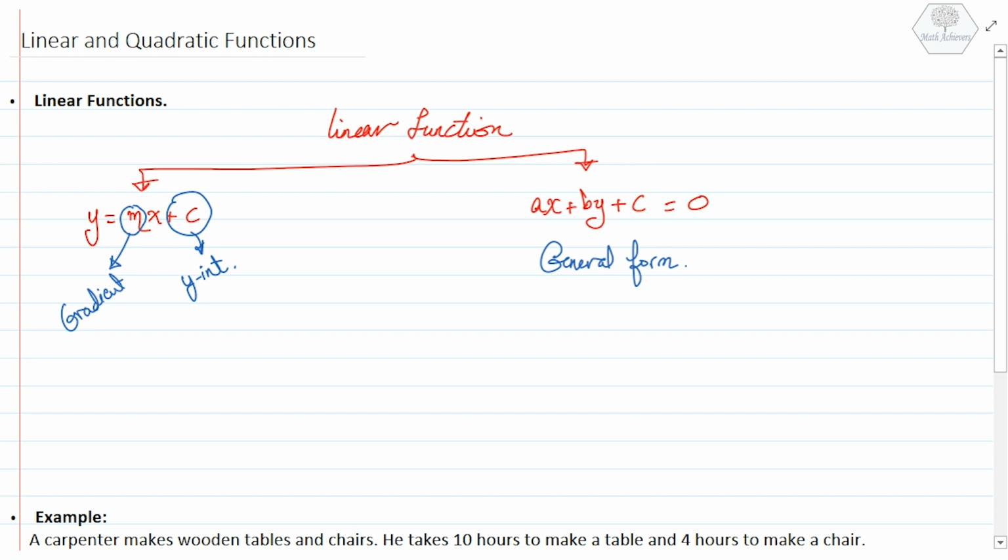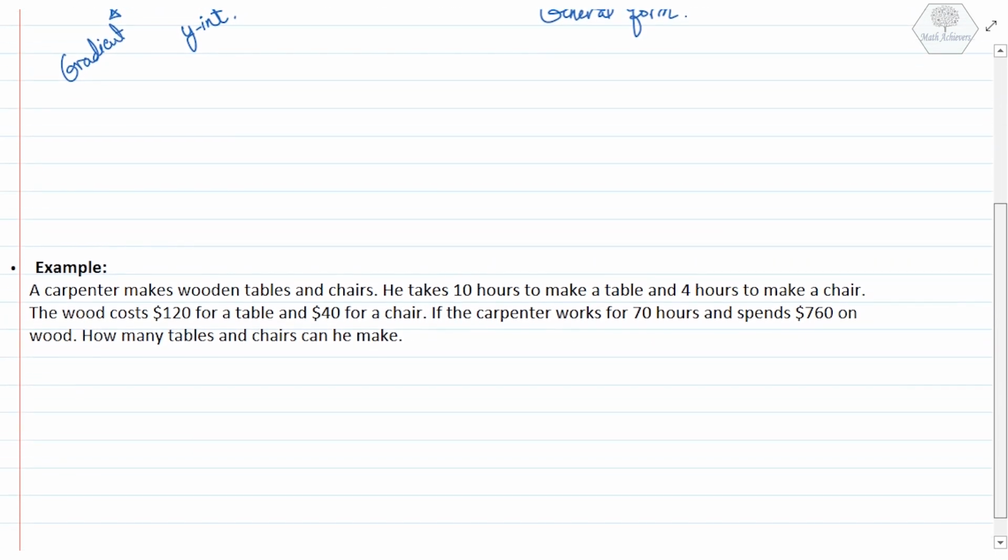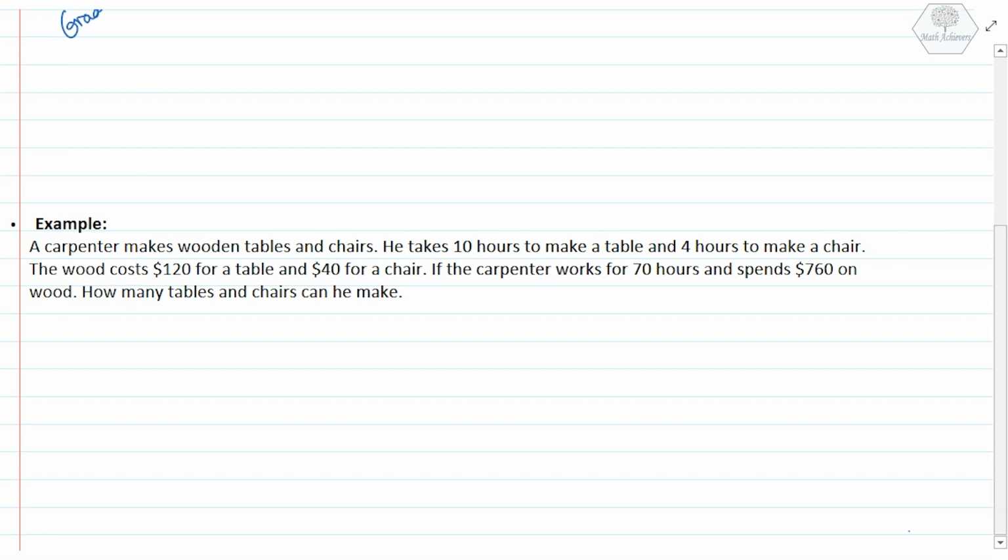Now, let's go directly to an example on using linear equations to solve problems. In this example, a carpenter makes wooden tables and chairs. He takes 10 hours to make a table and 4 hours to make a chair. The wood costs $120 for a table and $40 for a chair. If the carpenter works a total of 70 hours and spends $760 on wood, how many tables and chairs can